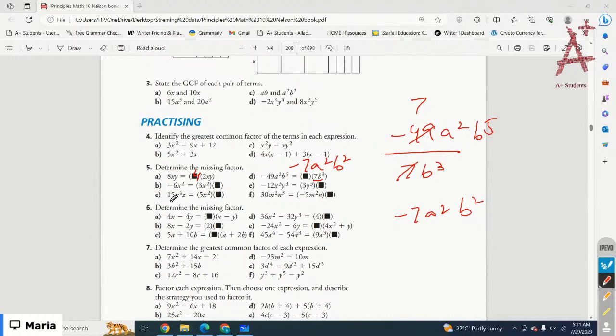Okay, the next one is 15x4z. Here you are given just 5x square. 5 times 3 is 15. x square and x square makes x4 and z. So that means the missing factor is